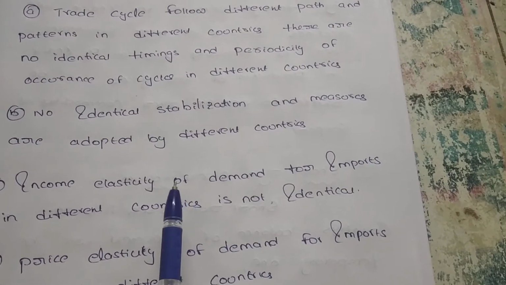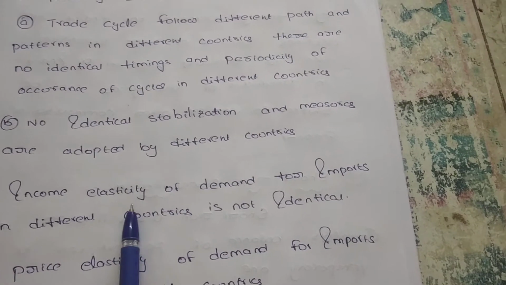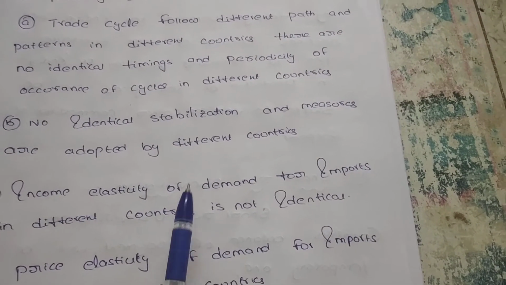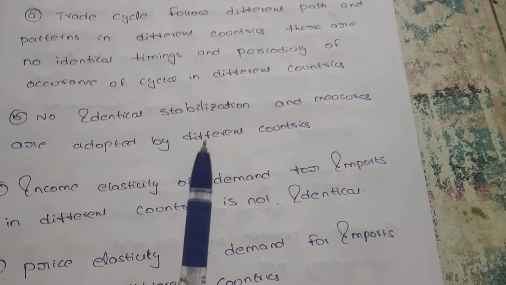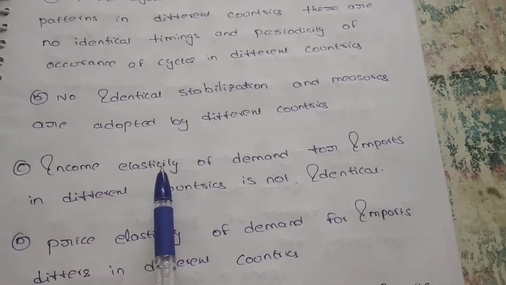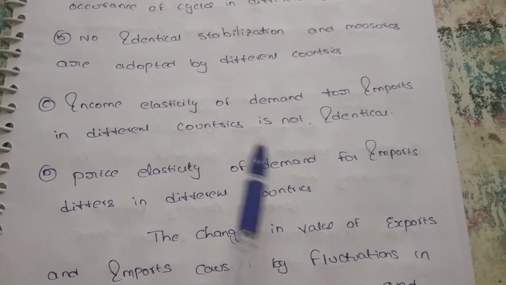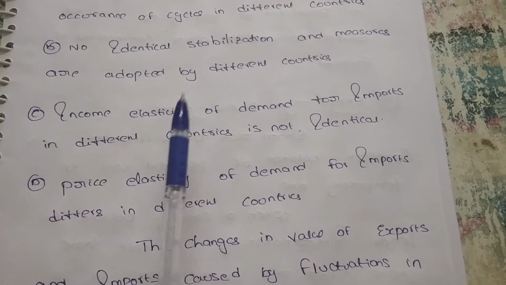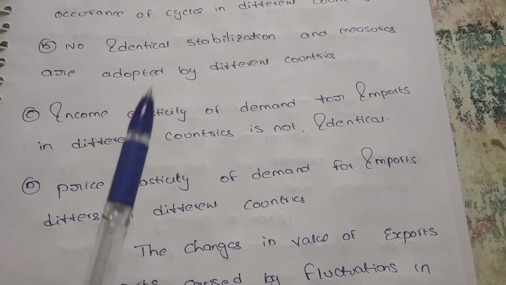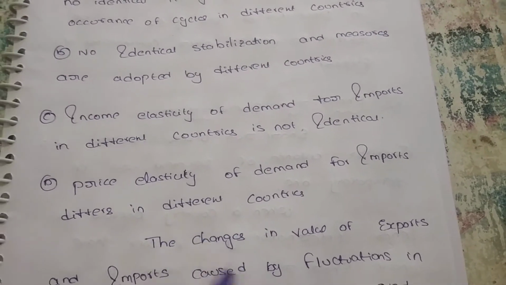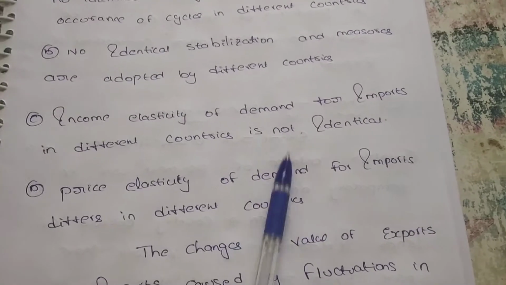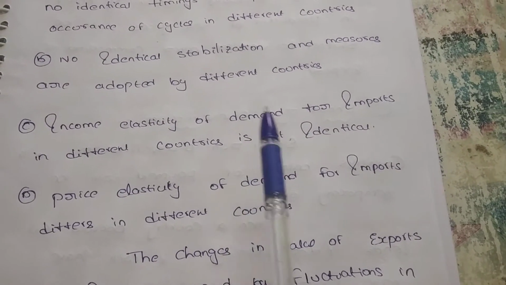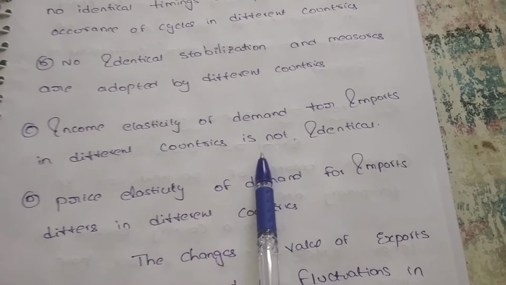If we have very good employment opportunities, our country has growth and very good income, but if unemployment is more, we can say the income is less. If employment increases, our income levels also increase. If unemployment decreases, the income increases. If unemployment increases, the income decreases. Based on all these factors, we can say it is not identical from one country to another country.